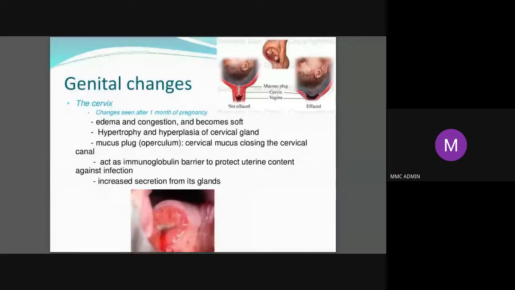Usually they are whitish and they will be watery also. And apart from that, the mucus secretion also is more. And that mucus plug, during the process of labor, finally comes out as show. Otherwise, what it does is occlude the cervical canal and act as a physical barrier.